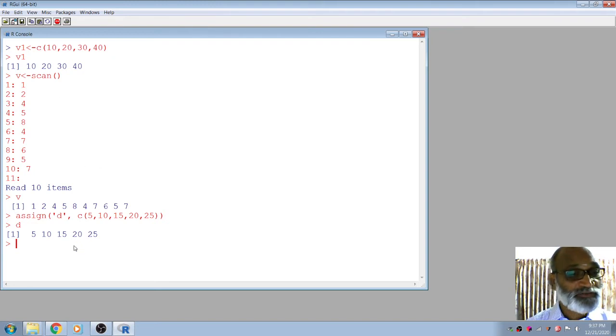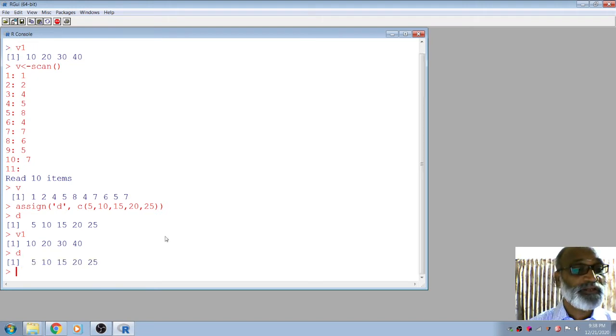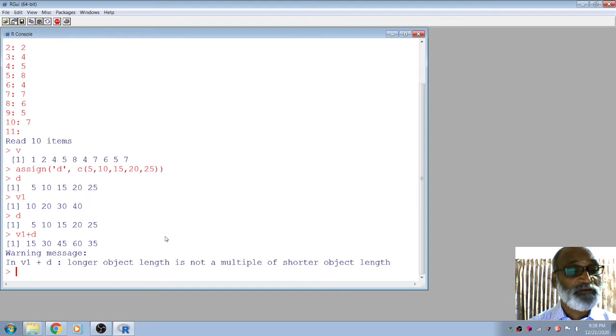Also you can use all arithmetic operations here. Suppose I want to add v1 and d. What is the value of v1? v1 contains 10, 20, 30, 40. What is the value of d? d contains 5 elements. v1 contains 4 elements. If we want to add v1 plus d, what will happen? It will not add, since the length is not equal. So you need to use equal lengths.